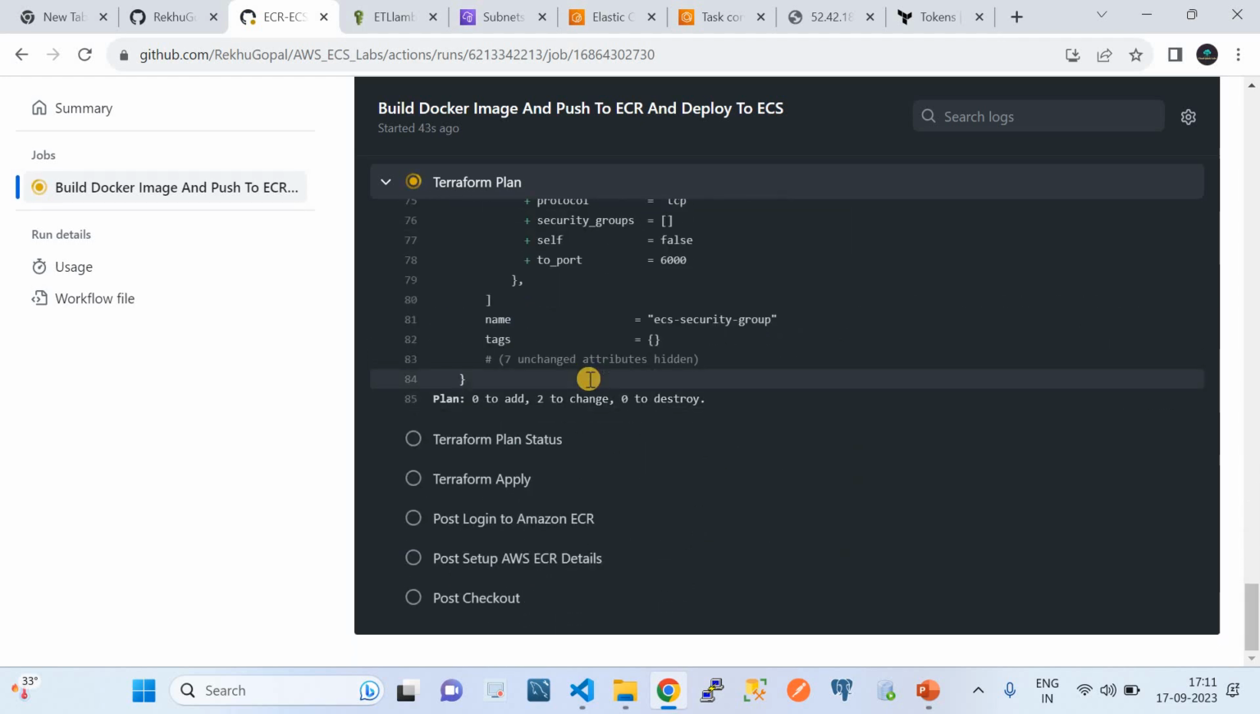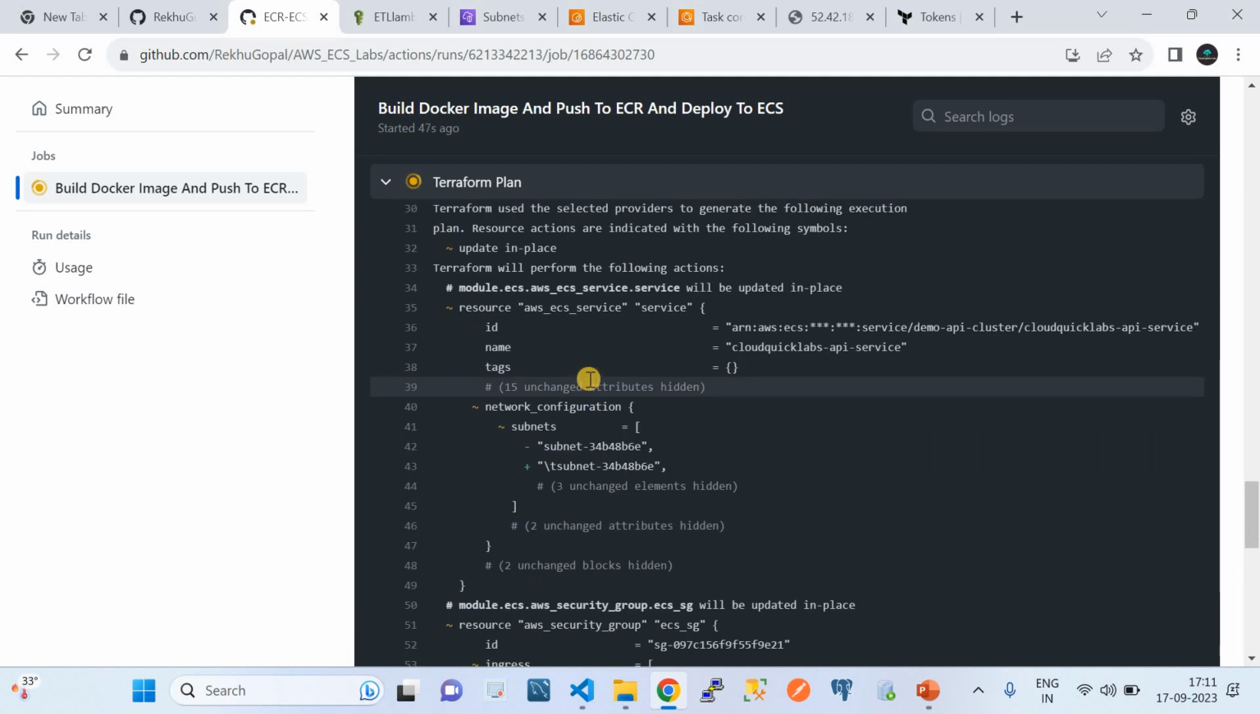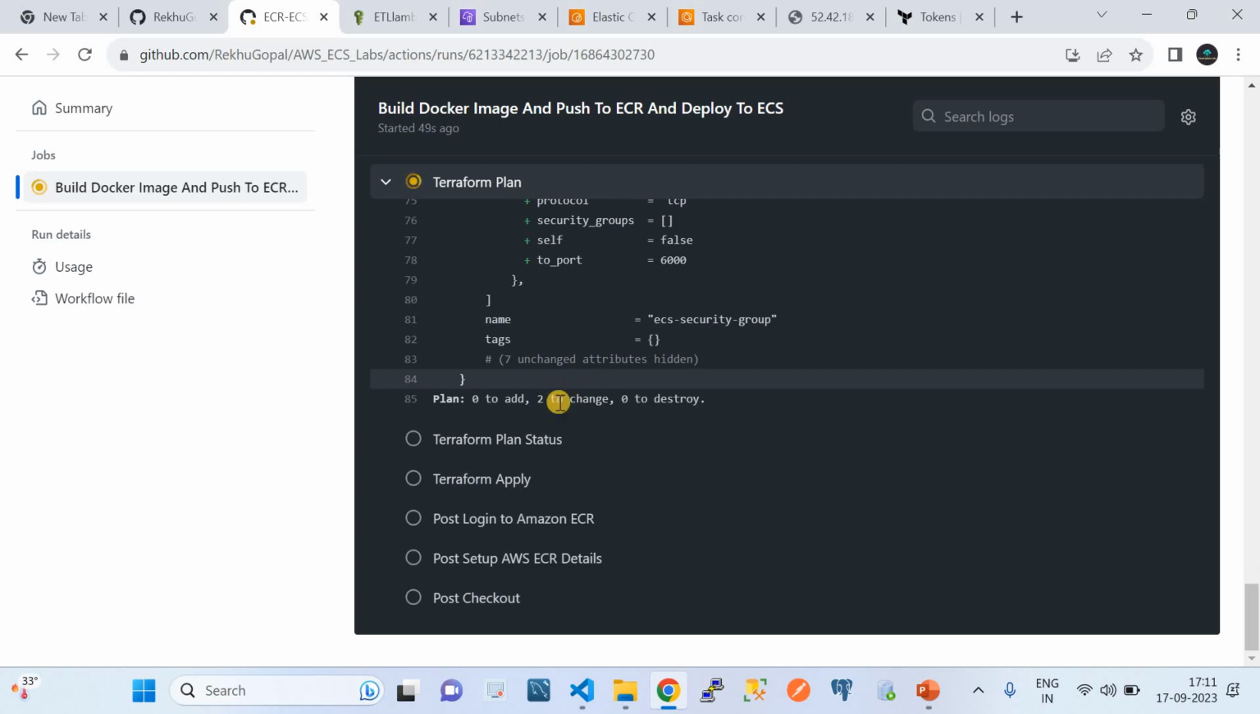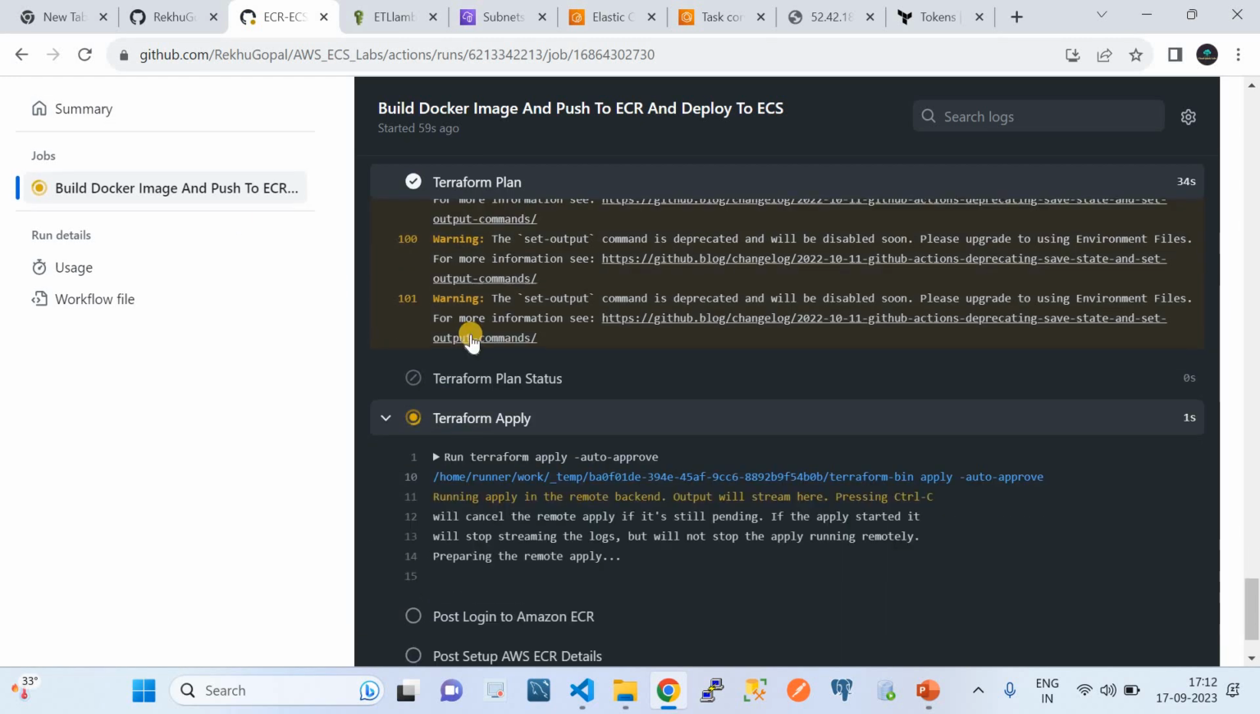Okay, so if you saw here, there are changes here, right? It has identified that there is a service going to change here. There are changes in the service. So that's the reason the summary says that it's going to add 2 changes, 0 to destroy. All right. So let's wait for 2 more minutes so that it completes the Terraform apply, and then we see